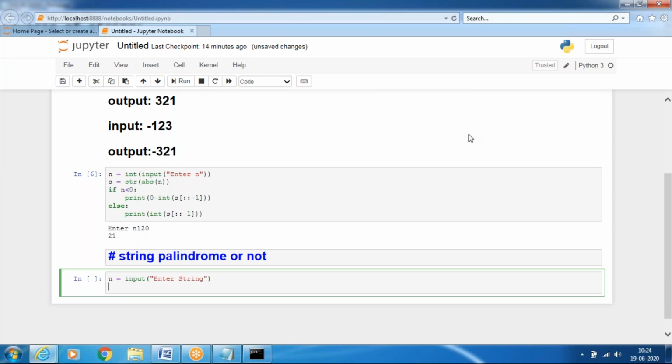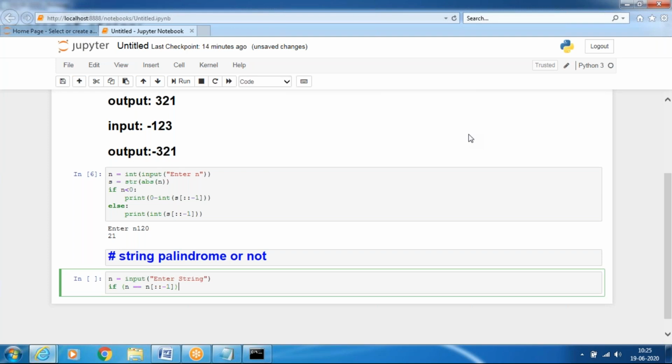The string will be reversed. If n is equal to the reverse of the particular string, for suppose if the given string n is equal to n of colon minus 1.